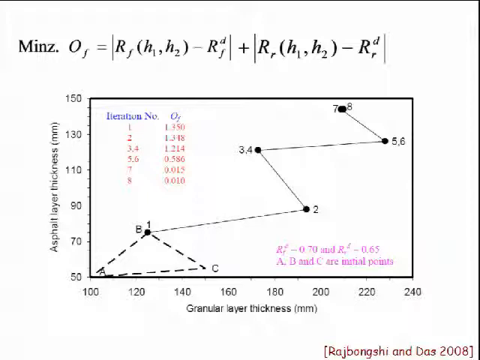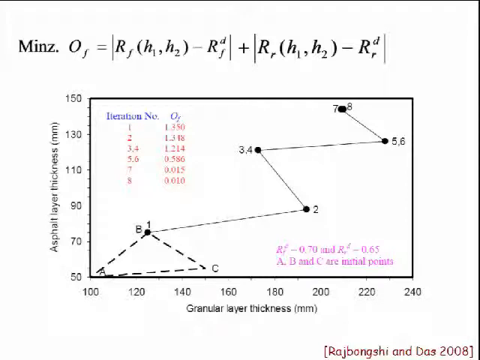And now, in the search space of the thickness H1 and H2, which is the bituminous and the granular layer, you have to be in a position to quickly find out these optimal points. And once again, nobody is going to do a large number of calculation checks to find out where exactly the point is located, because in practice the value of H1, the bituminous layer thickness, may vary between 50 millimeter to 500 millimeter. The thickness of the granular layer may also vary between 50 millimeter to 500 millimeter.